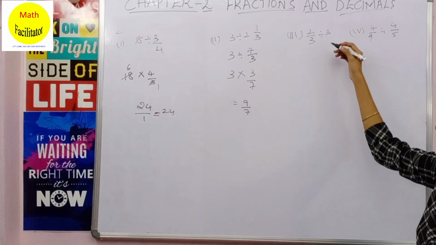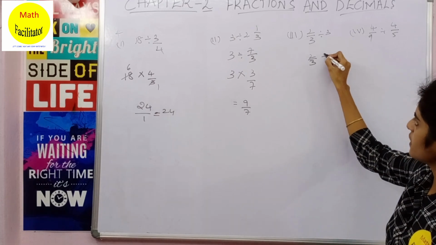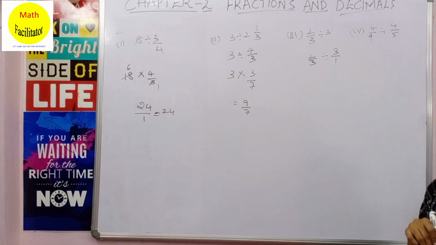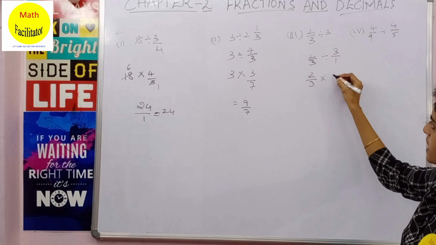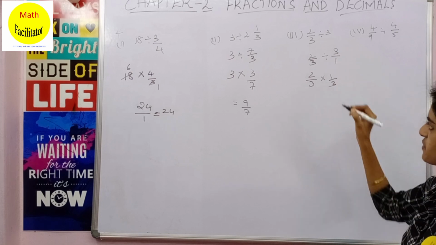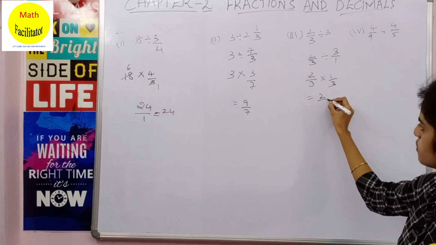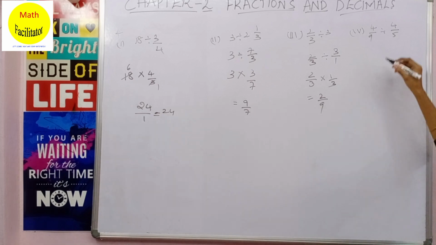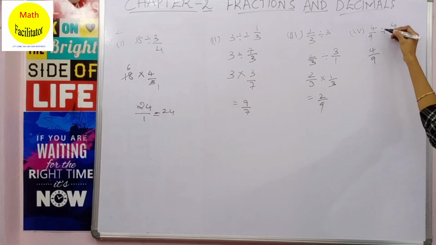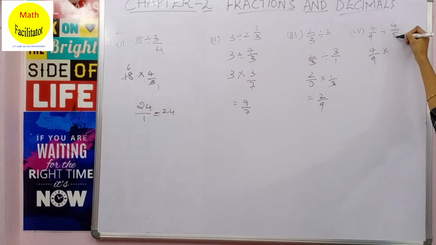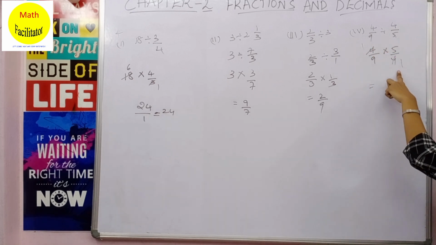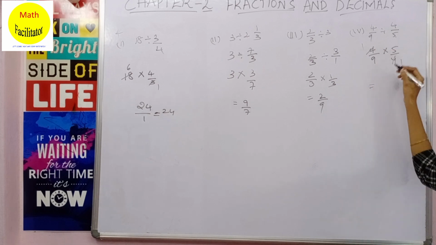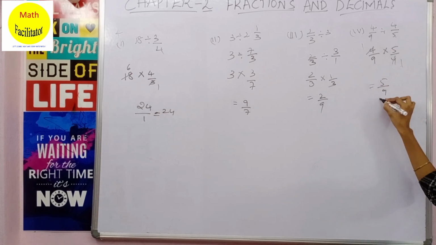Now here 2 by 3 divided by 3 is nothing but 3 by 1. Now again simple multiplication. So you will replace division by multiplication and 3 by 1 becomes 1 by 3. So it is 2 1s are 2 by 3 3s are 9. Clear? And now here 4 by 9, now division becomes multiplication and 4 by 5 becomes 5 by 4. Here you can see 4 1s are 4, 4 1s are 4. One 4 is in numerator, the other 4 is in denominator, so we cancelled it. So 1 into 5 is 5 by 9 into 1 is 9. So 5 by 9.